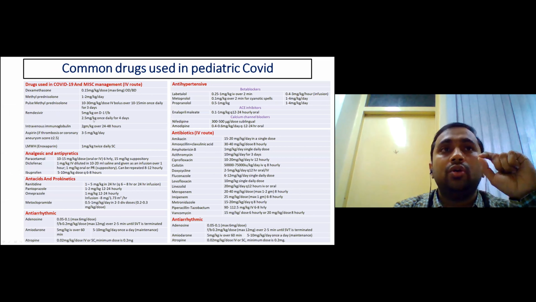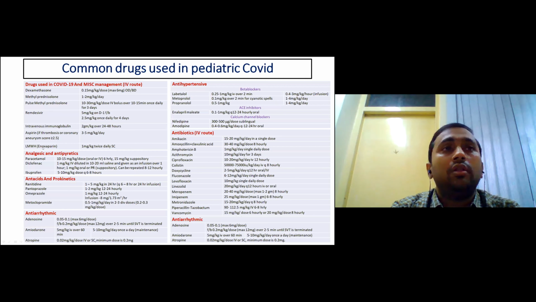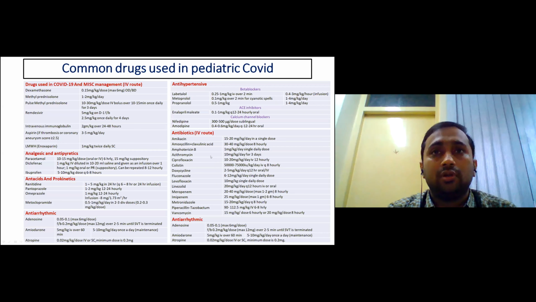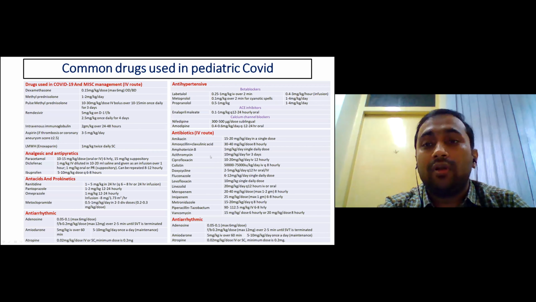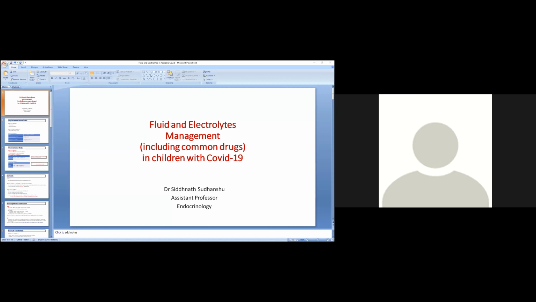And the equivalent dose of methylprednisolone or prednisolone can be used. Remdesivir 5 mg per kg on day 1, followed by 2.5 mg per kg once daily for 4 days. All the dosages we know. Enoxaparin 1 mg per kg twice daily subcutaneously, and the rest of the drug doses should be with us whenever they are needed. We need to look into the dose charts. Thank you. Actually, all this has been incorporated in that booklet which is being made, that capacity building book.